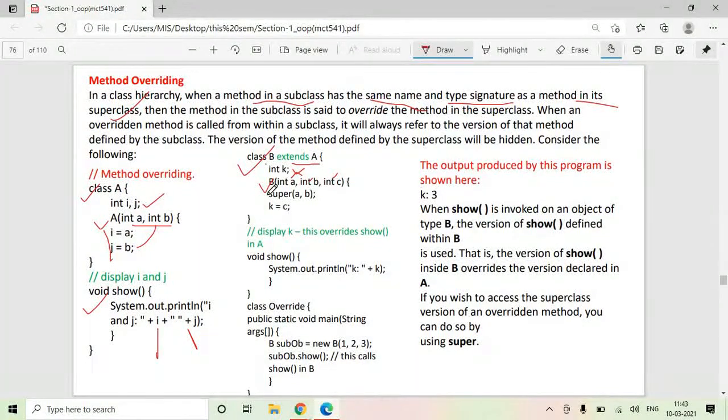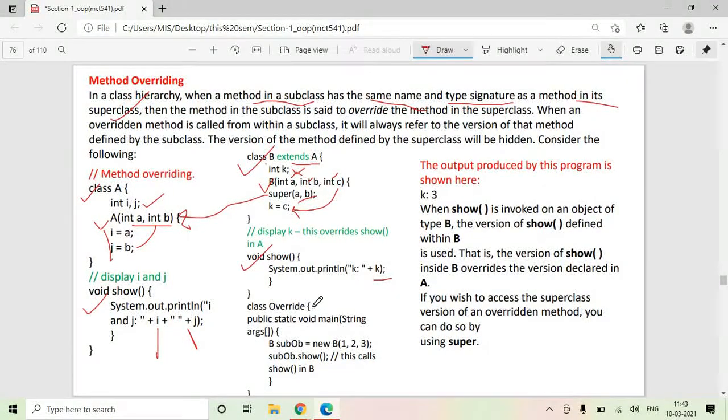Out of the 3 arguments, the first line will give a call to the constructor of A with 2 arguments to initialize the values of I and J, and the third argument is used here to initialize the value of k. Now the void show function displays the value of k. So these are 2 classes.